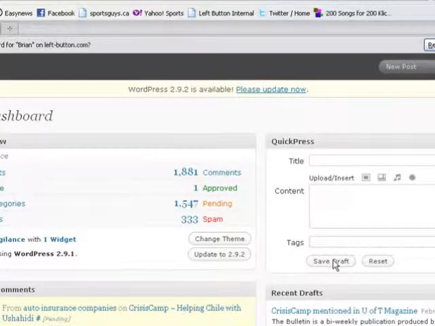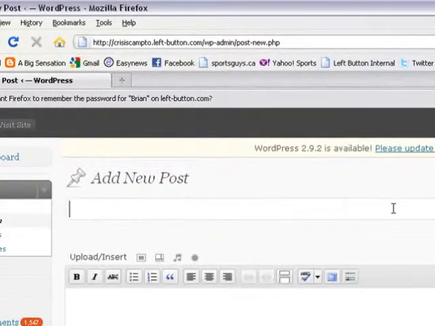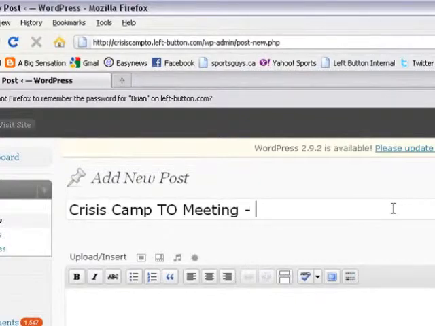So basically, if I was going to add a new post, I would just go up to the button here where it says New Post. I could start writing a post saying Crisis Camp TO meeting April 30th.